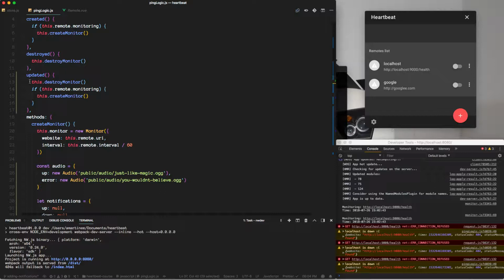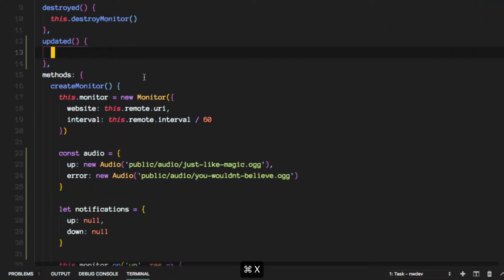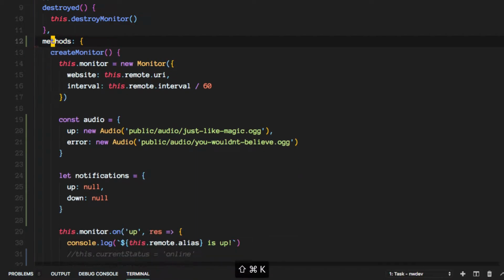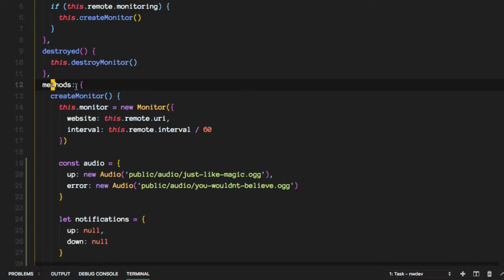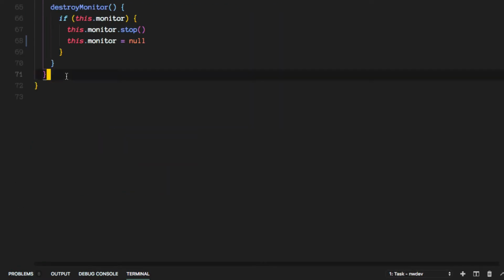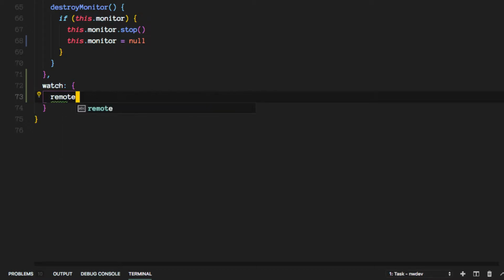So what we're gonna do now, we're going to take this from the updated lifecycle hook, and instead of implementing such thing, what we will do is the following. So at the same level as these keys here, like method, we are going to add a watch key. Okay, and in here, what you can do is you can tell Vue that you want to actually watch changes on properties. In this case, the property we want to watch is the remote that we are modifying through the form,